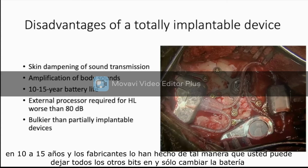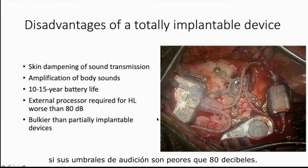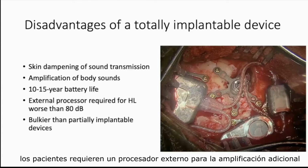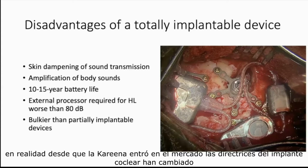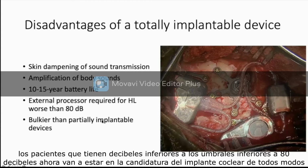And the manufacturers have made it in such a way that you can leave all the other bits in and just change the battery. If the hearing thresholds are worse than 80 decibels, the patients require an external processor for additional amplification. In actual fact, since the Carina came onto the market, the cochlear implant guidelines have changed. So patients who have thresholds worse than 80 decibels are now going to be in cochlear implant candidacy